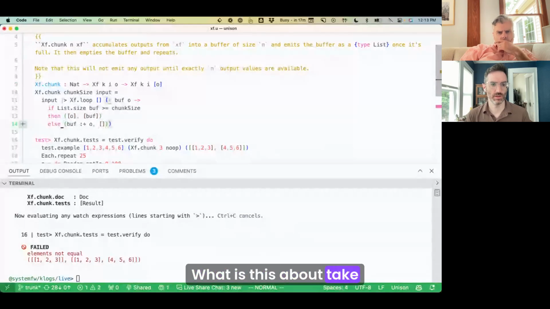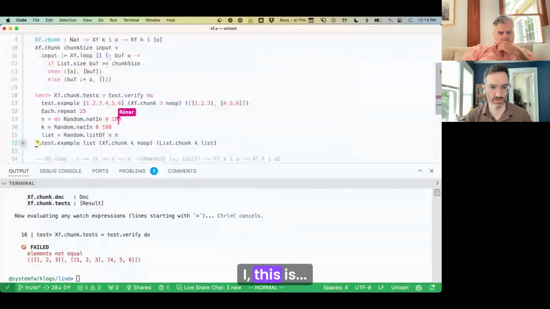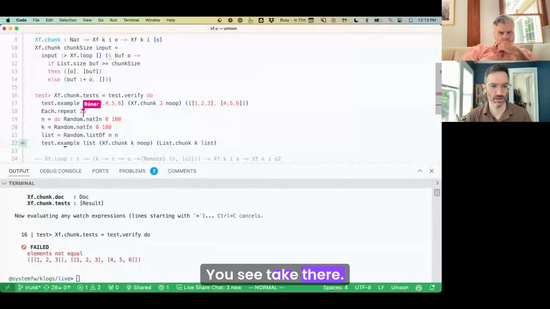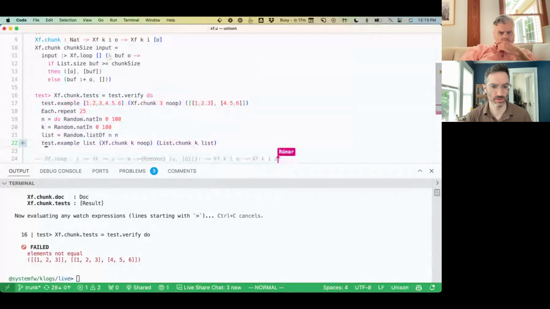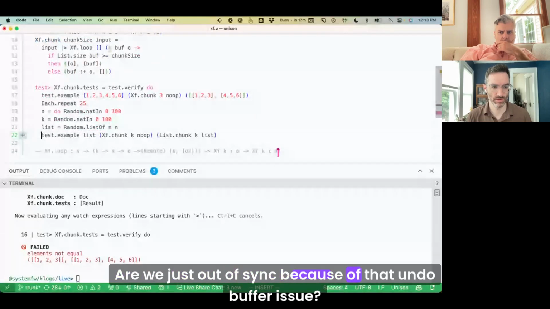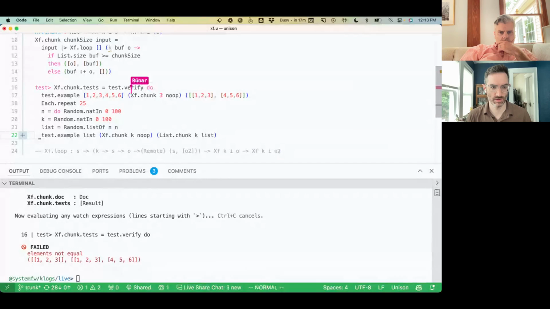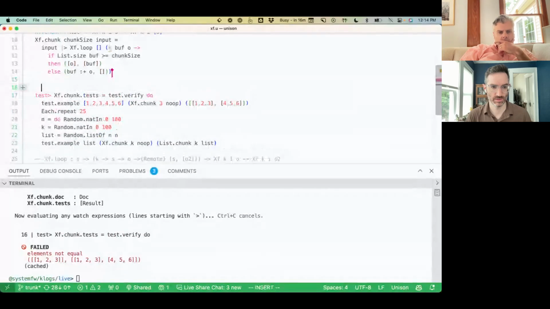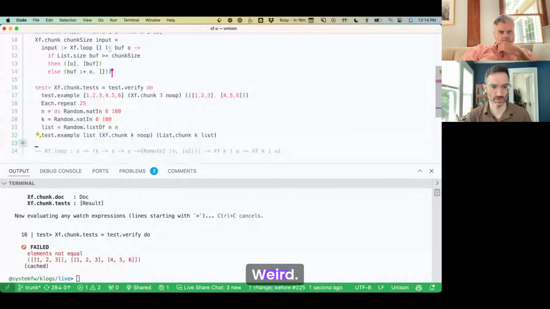Wait, what is this about take here? Where do you see take? On line 22? You see take there? Yep. Weird. Are we just out of sync because of that undo buffer issue? Yeah. What about now? I still see it. VS Code is so unreliable. Weird.